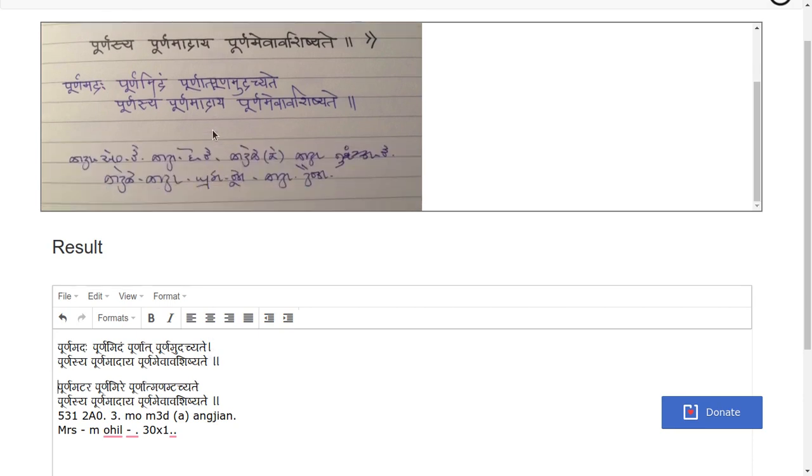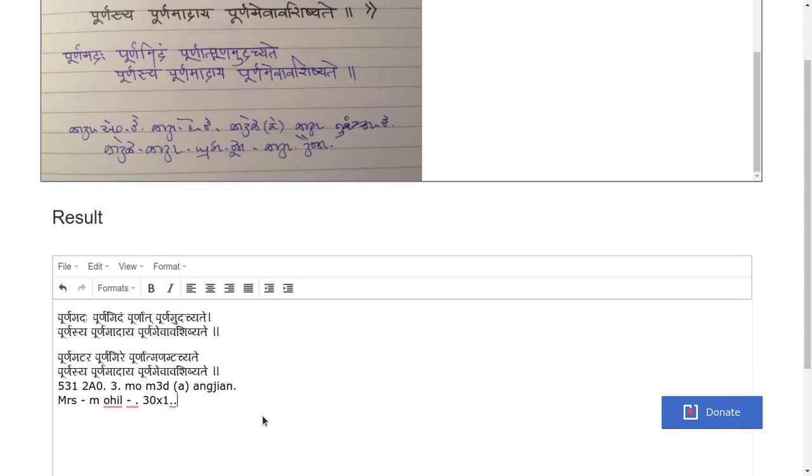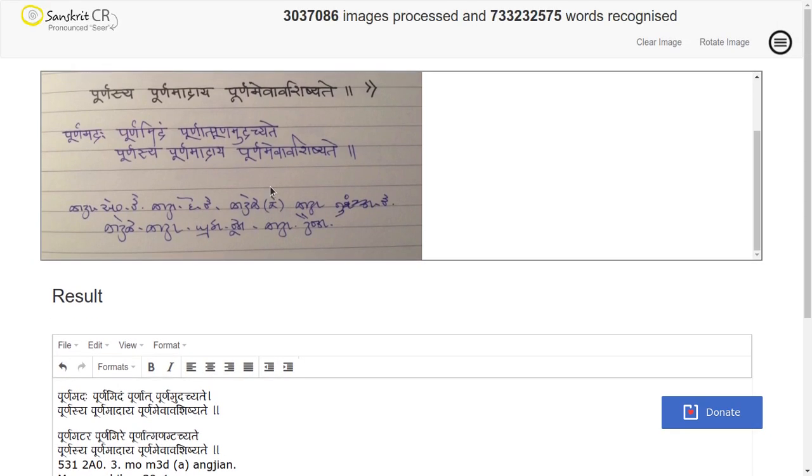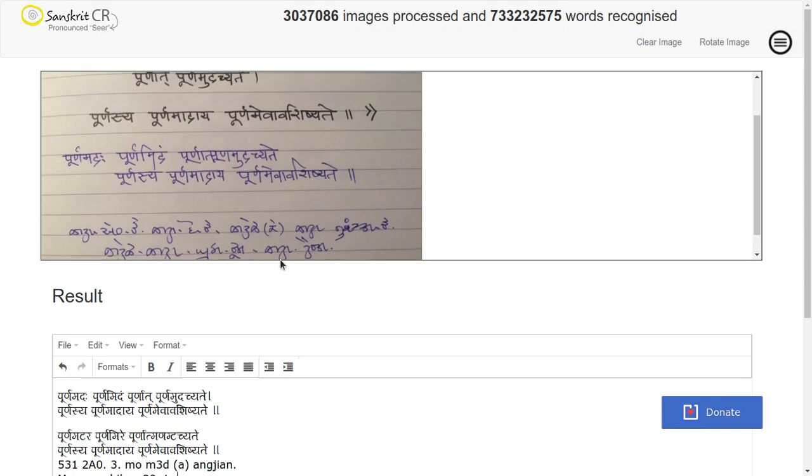This image contains some random script which is not Devanagari, and that has been converted in a different way. It has not identified it properly, because it is only identifying the Sanskrit part, and that too only up to some extent.